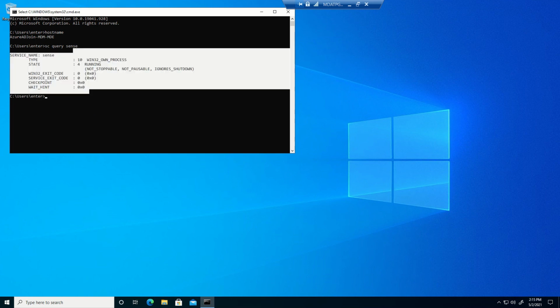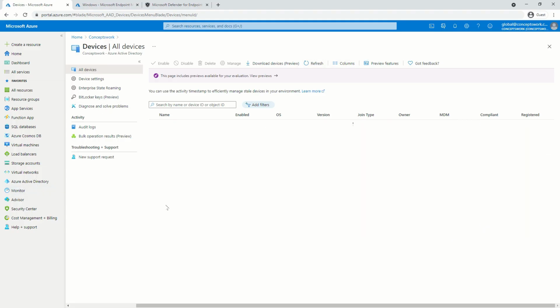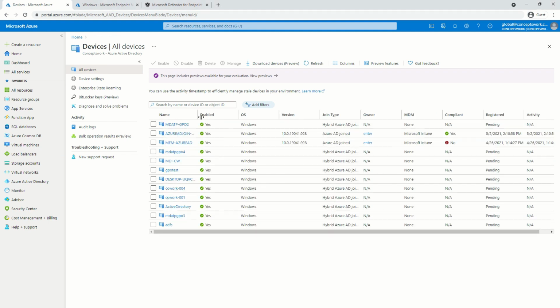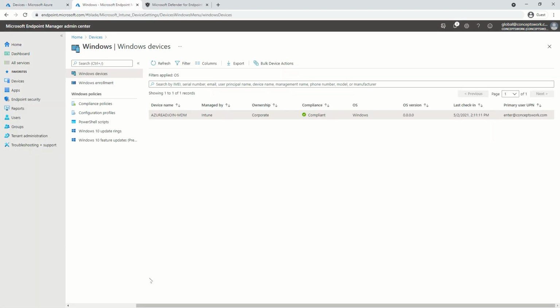Okay, now I'll come back to my portal and see if the machine is getting listed over here or not. It should show Azure AD join -MDM because there is some limit in terms of characters which are available. So let's see what we get here. Okay, so as you can see, it is showing me Azure AD join -MDM. This is the device which we have just onboarded. My user is also showing here, and it is Intune compliant as well. That means the machine also got onboarded to Intune, and as you can see, it is showing me here Azure AD join